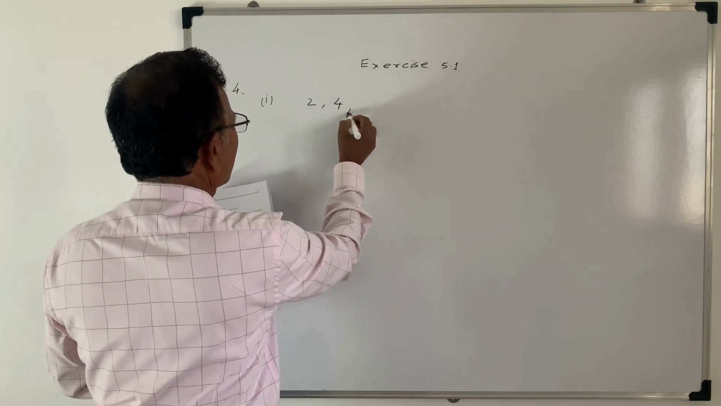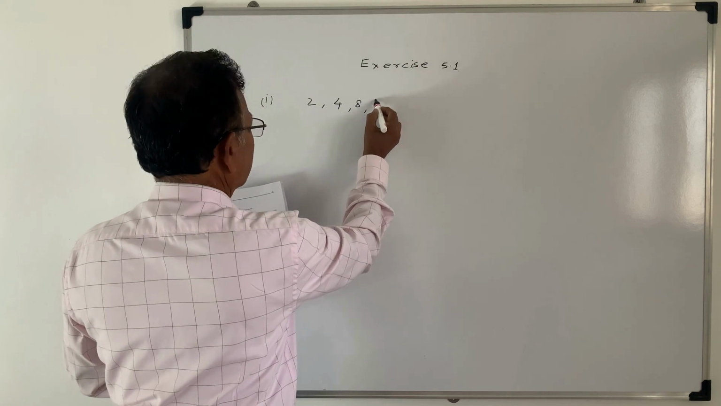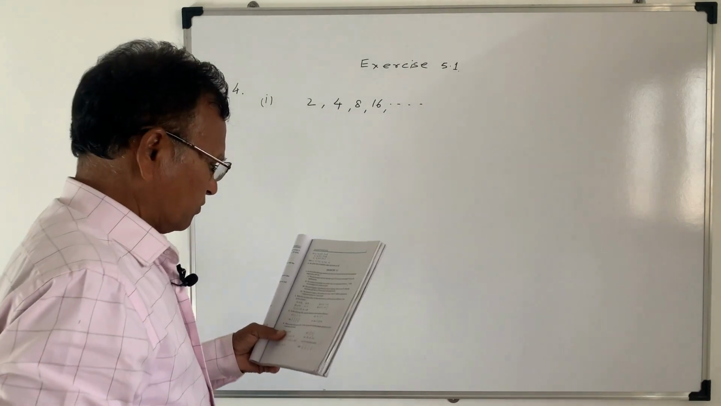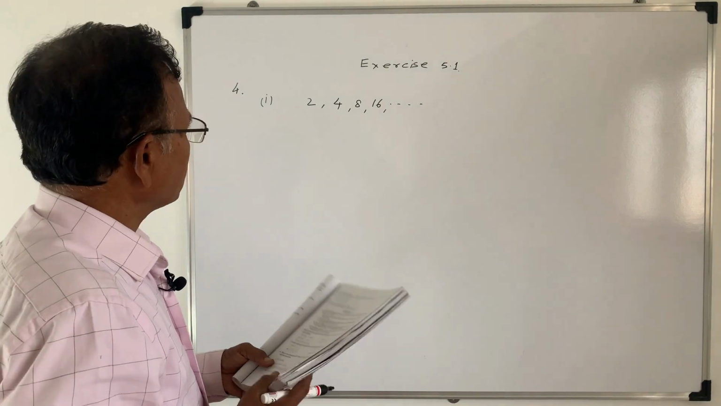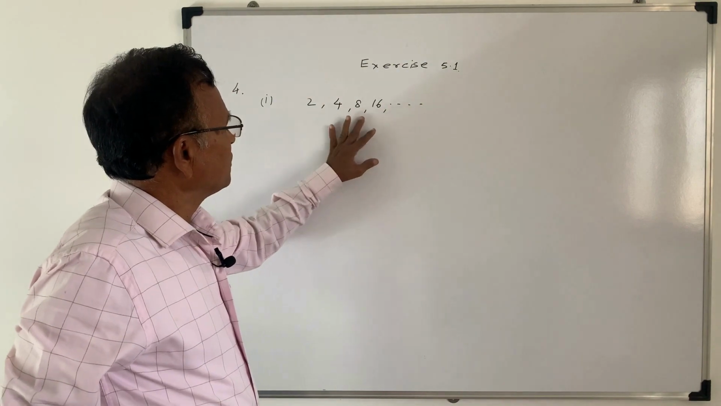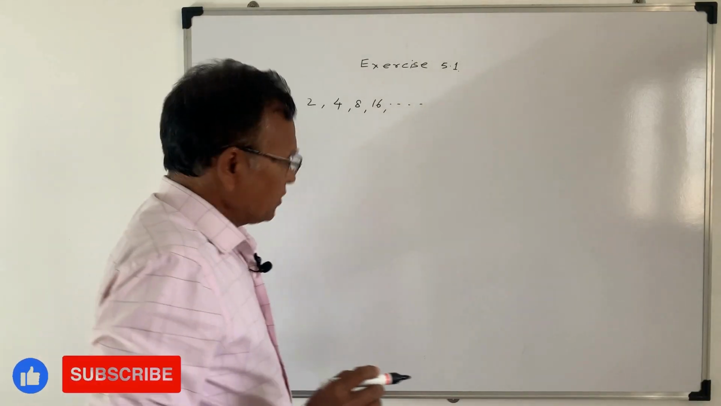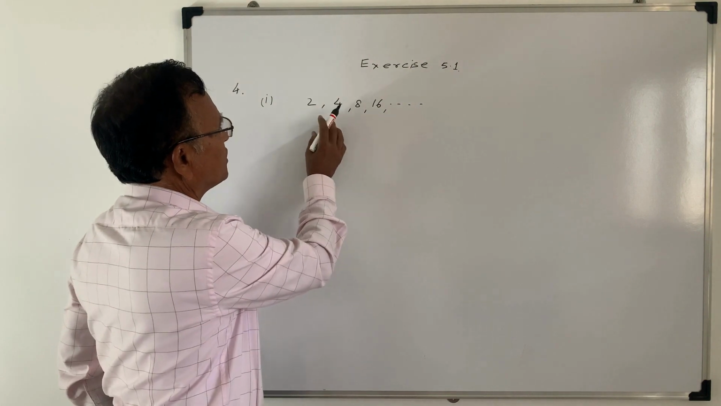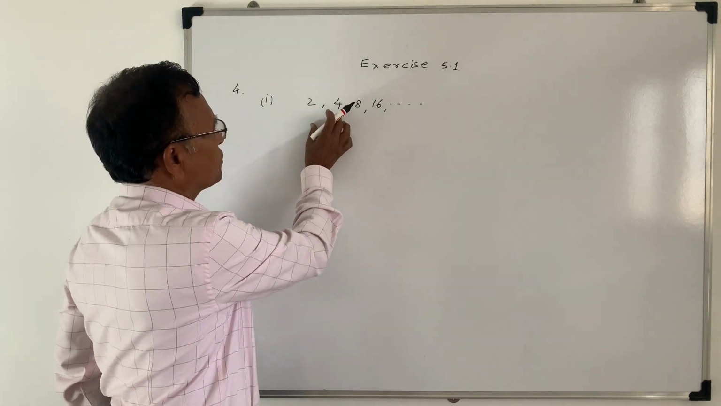इसमें दिया है 2, 4, 8, 16। तो इसमें ये पहले देखिए कि ये अर्थमेटिक प्रोग्रेशन है या नहीं है। तो इसका जो कॉमन डिफरेंस है वो आपको निकालना पड़ेगा कोई भी दो टर्म से।